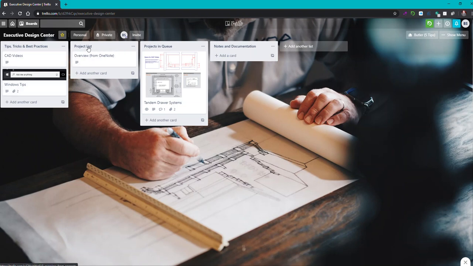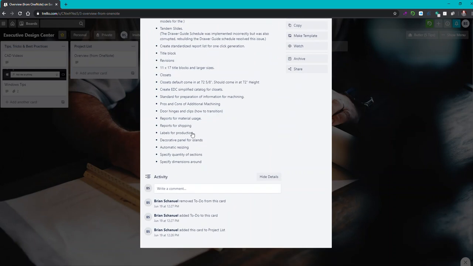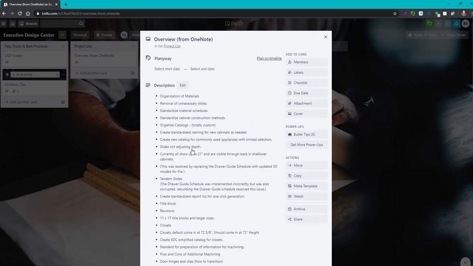Now over here we have a project list that I created, and this is literally nothing more than a copy of the list that you gave me from OneNote. So that's all this is. I haven't really done anything else to it. But one thing we could do is we could take something like